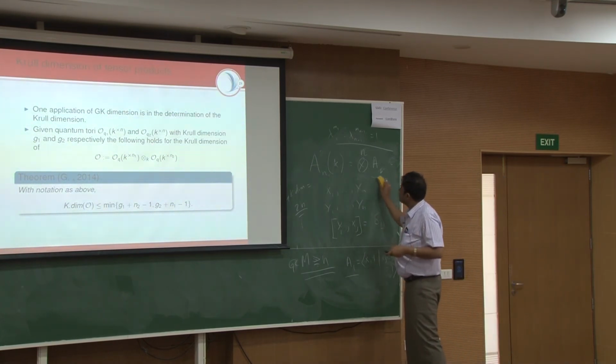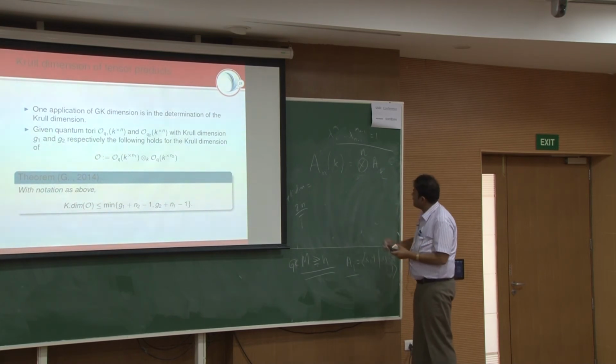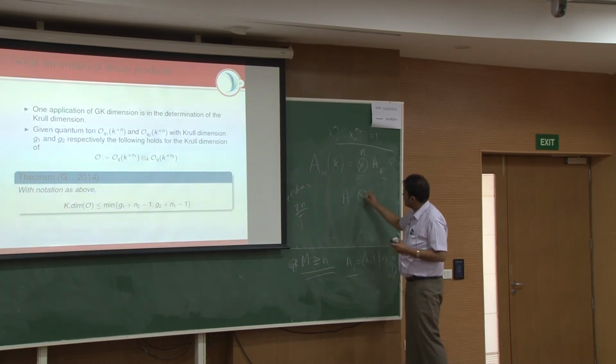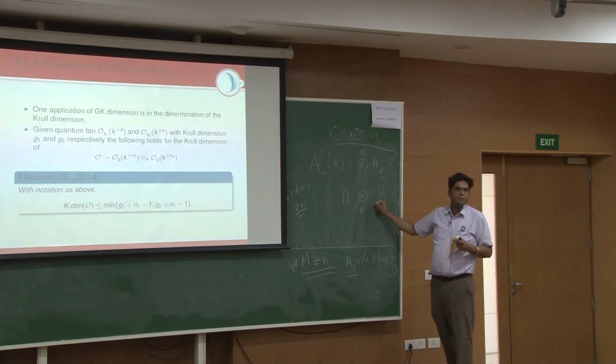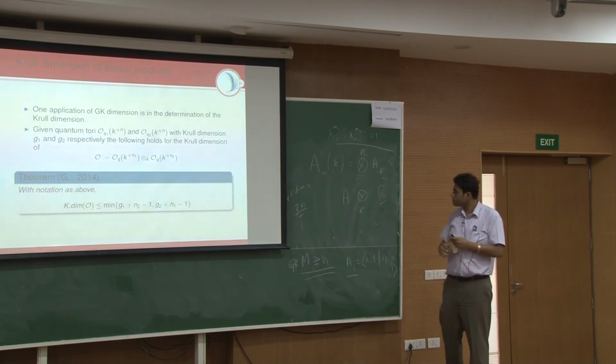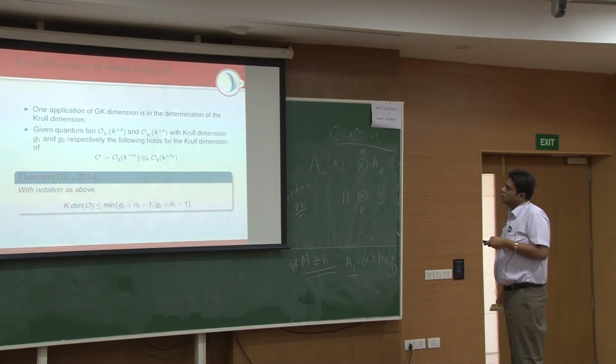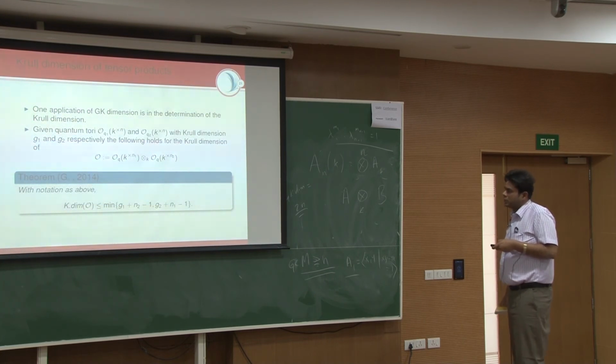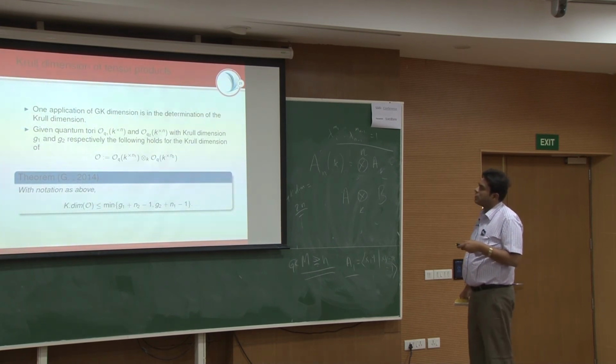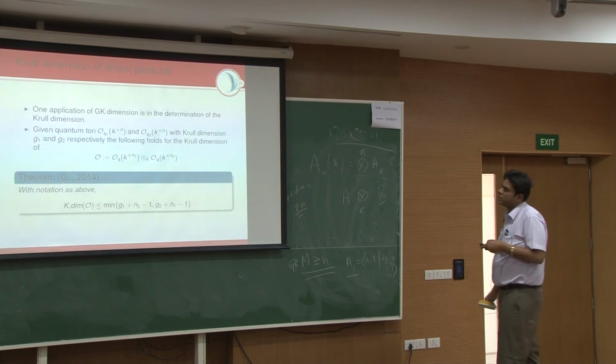Just as we take any K algebra A and another K algebra B, we can always tensor them and get a new K algebra, we can take two quantum torus algebras and take the tensor product, and the result will again be another quantum torus algebra. And then we can ask how the GK dimension and the Krull dimension in the non-commutative sense behave